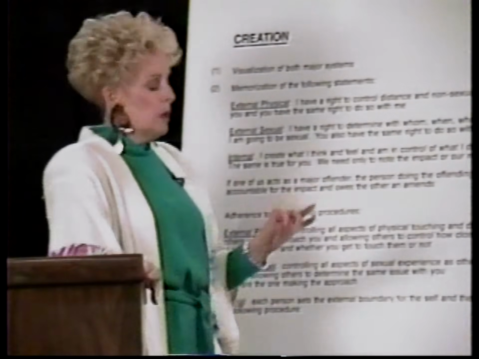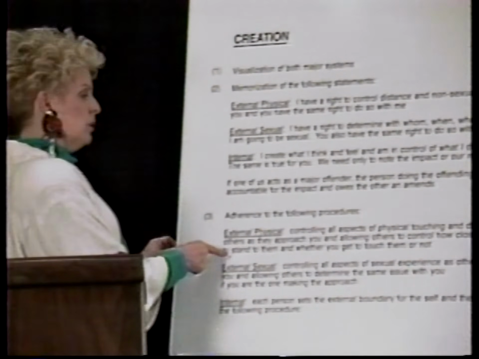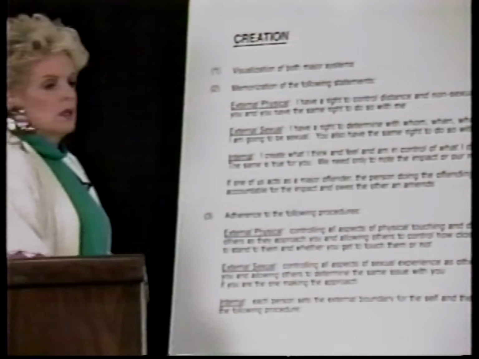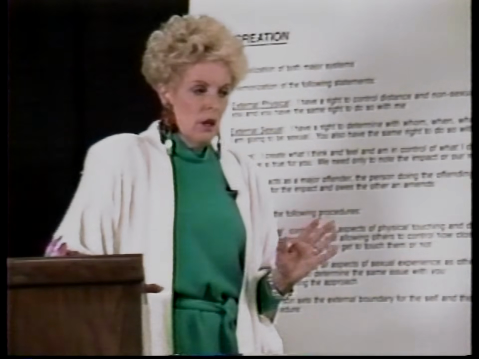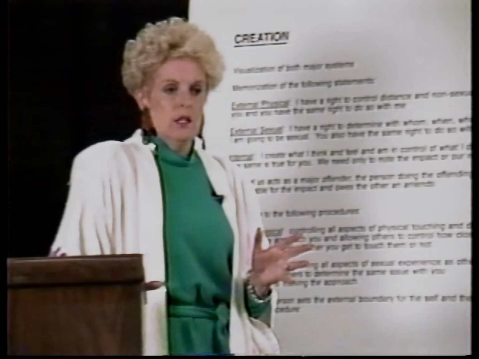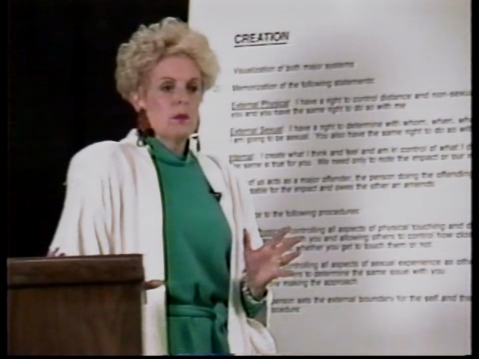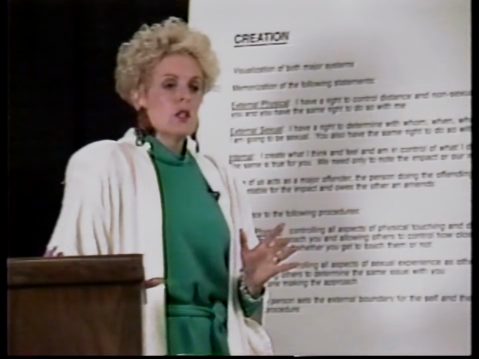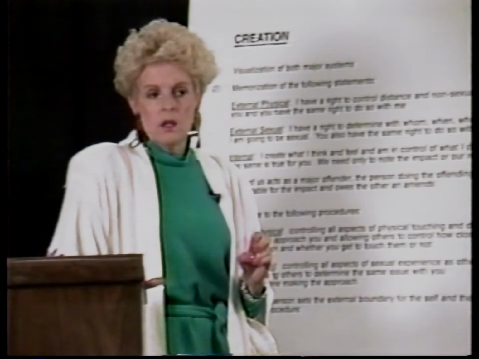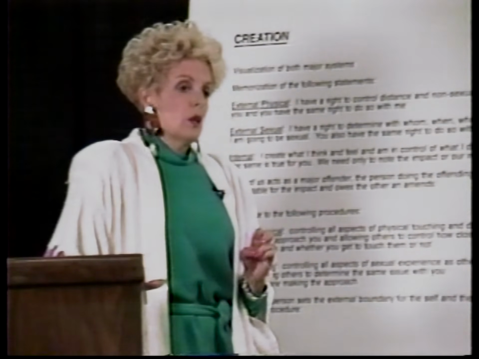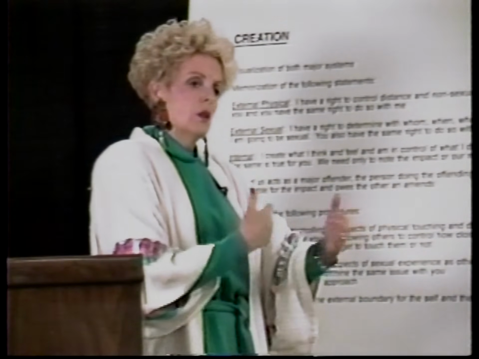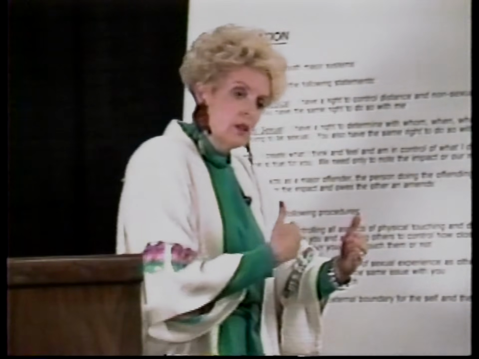Now the thing is, I want you to remember, as you're learning how to do the second part of this, allowing others to control how close you get to them and whether you get to touch them or not, I want you to remember that in our culture, people normally don't want another to stand any closer than 18 inches. And some people need as much as 24 inches or more. So what I tell people to do when they're first beginning to practice this external boundary is to stand about 24 inches or a couple of feet away from people and don't get any closer than that. It'll give you greater sensitivity about how to negotiate how close you get to stand to somebody.